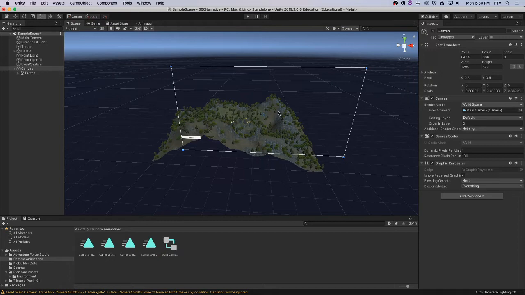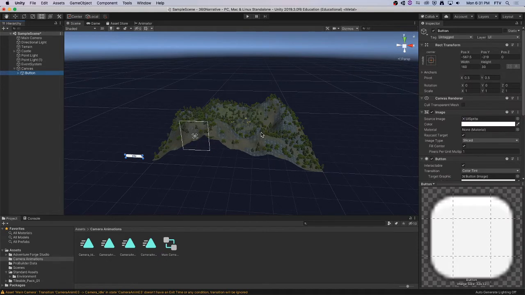So if I go to my canvas right here and I have my rect scale or rect tool clicked, I can go to the edge of my UI and shrink it down. See, it actually changes the size of the canvas. And even though it's pushing that button outside, that's fine. We can move our button back to our canvas. Now, the one thing you want to do is, if your button gets pushed outside your canvas,